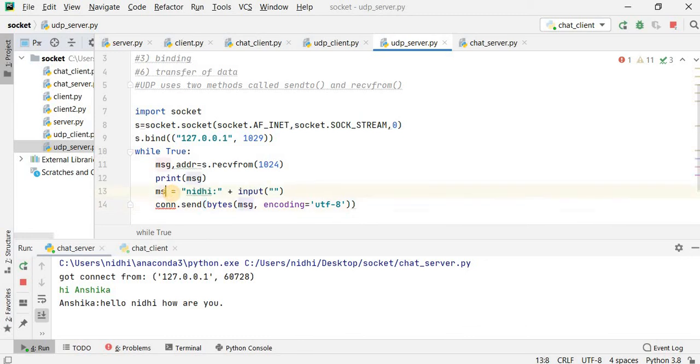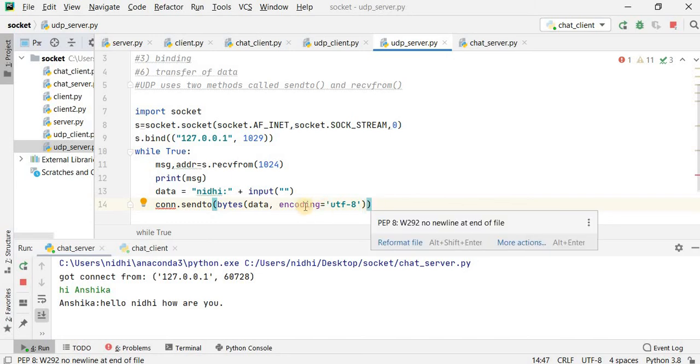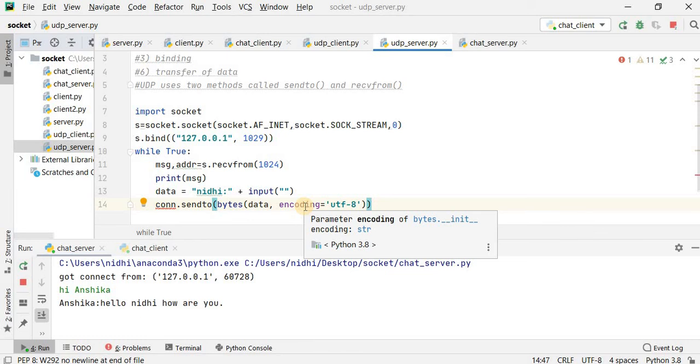In place of message there should be data, and here the message should be replaced by data. The method will be replaced by sendto, because we are sending the packet, and this sendto will carry two things: the first is the message itself and the second is the address.